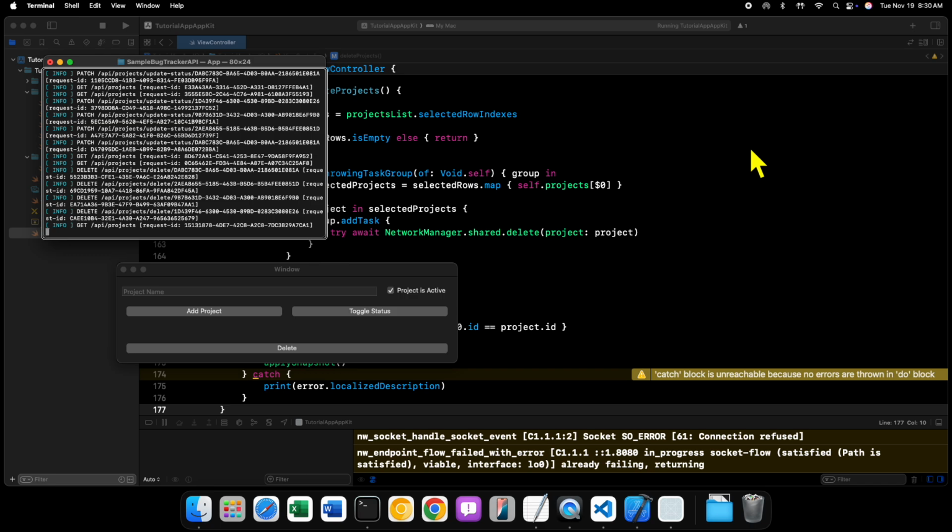So while Xcode is being odd and is saying that we aren't catching any errors in our do block, even though we are marking a statement with try, it does work, and that pretty much does it for how we can utilize Swift in our macOS applications to send delete network requests to our third-party API,